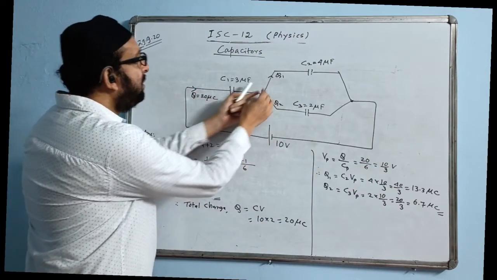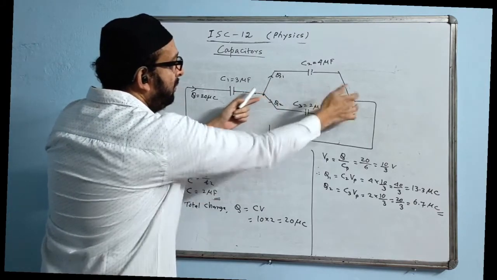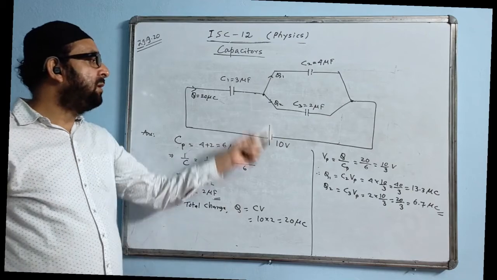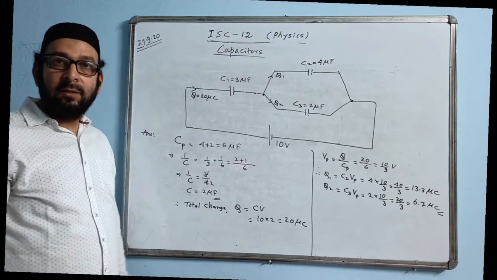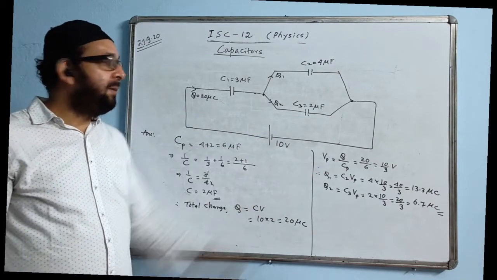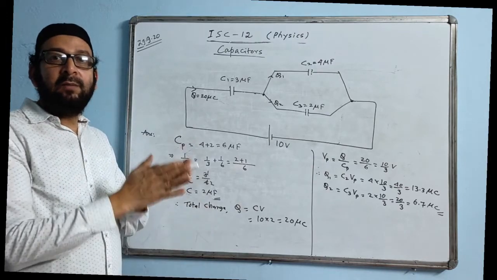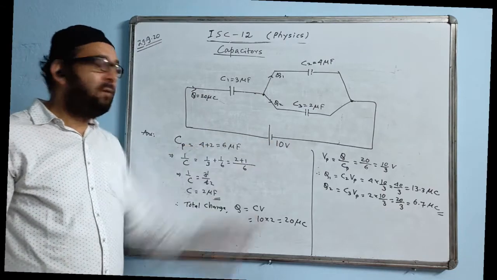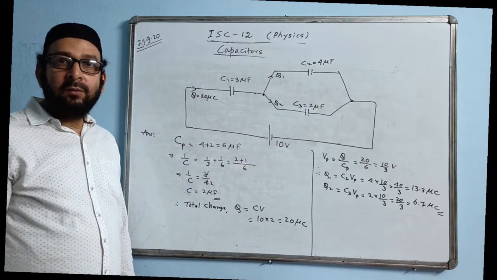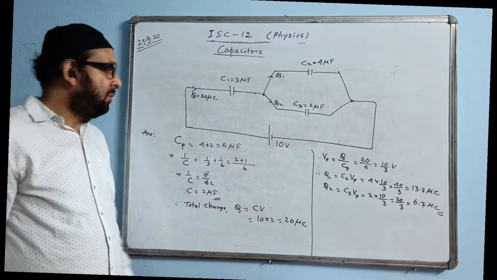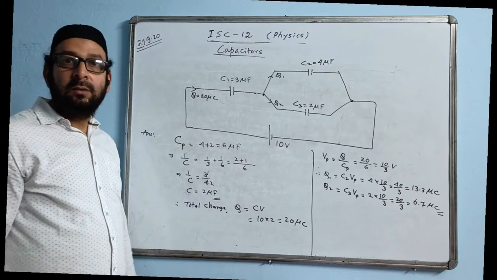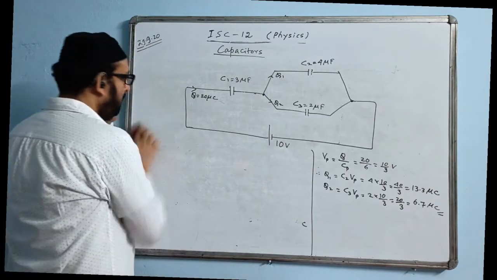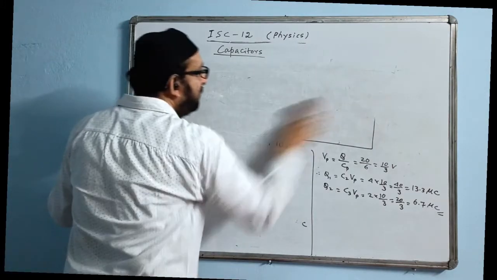10 minus the voltage across this is the voltage left over for these two. In parallel, the voltage remains the same. So we can get the voltage that way also. That is another method of getting the value of VP. But only after getting VP will we divide the charges. The total charge will be divided only after finding the value of VP, the voltage for the parallel part. So this type of question is also important. Now we have another question.